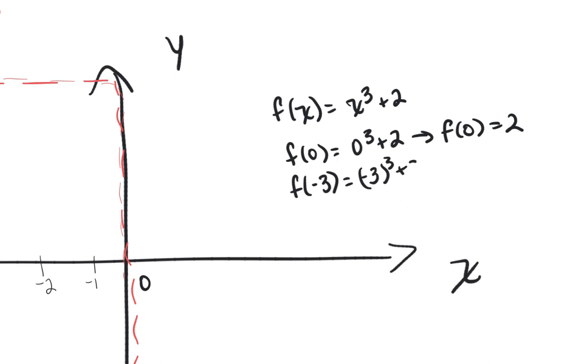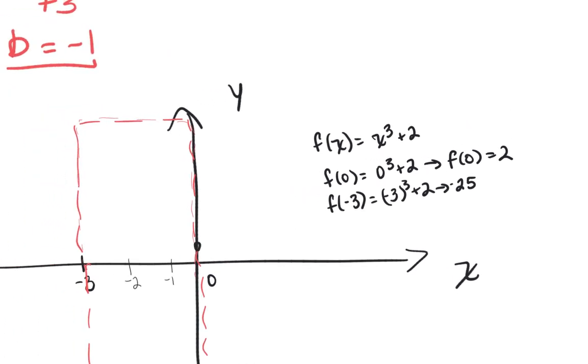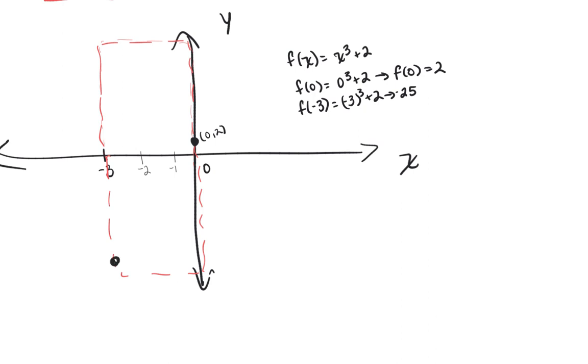-3 cubed plus 2 would be, I believe that is, -3 cubed is 25, and a -25 at that, right? So we essentially know 2 points. We know at 0, we're going to be at 2, and at -3, we're going to be down actually at some -25, right? So now, essentially what we want to find is, again, we don't know what this graph looks like,